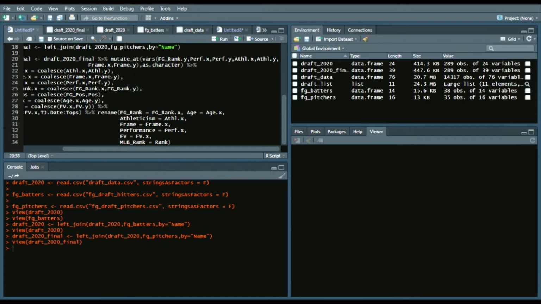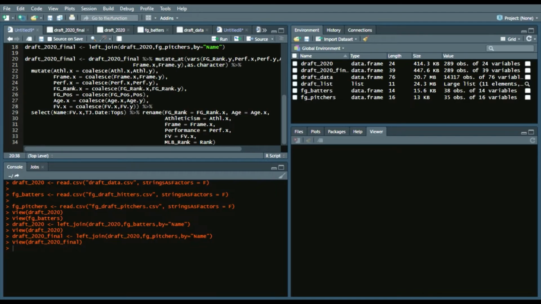So mutate at vars, which is just short for variables, and then we'll go through each of these variables. So Fangraphs rank Y, performance X, performance Y, athleticism X, so on and so forth, and we'll change them to character variables. That way when we do our coalesce function, we can properly